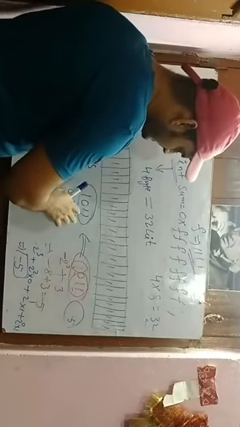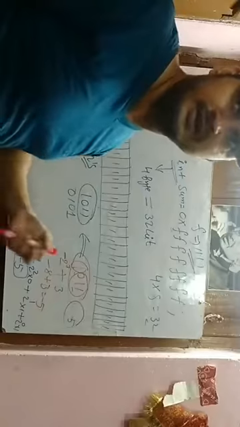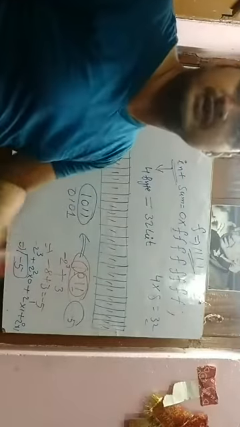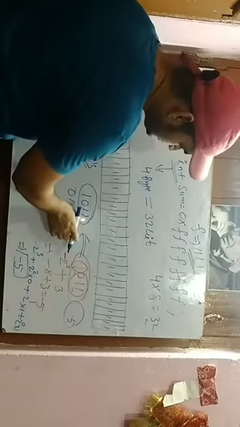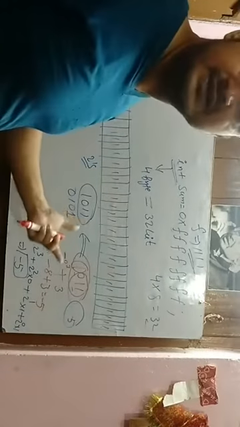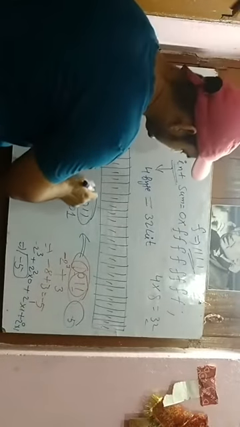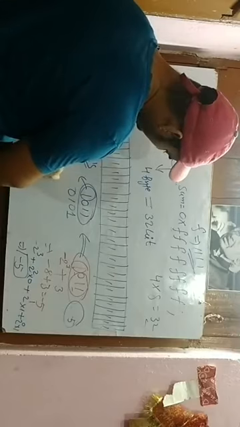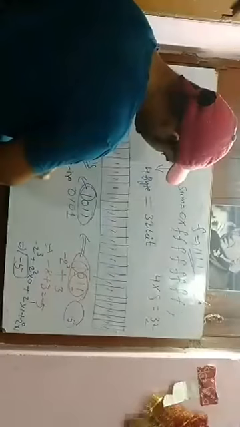If you take this number and it is written in 2's complement, let's suppose someone tells you it's 2's complement, what is the value? What you have to do is take the 2's complement of this number. First of all, notice here that 1 is negative and 0 is positive, so you have to see the MSB. MSB means most significant bit, whatever bit is on the left hand side. Since it is 1 and 1 represents negative, it's a negative number.